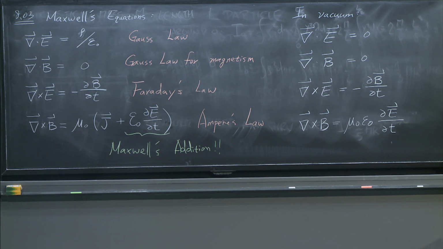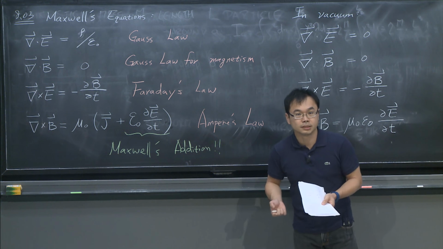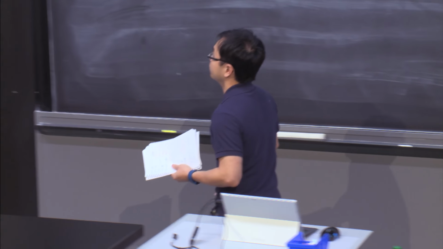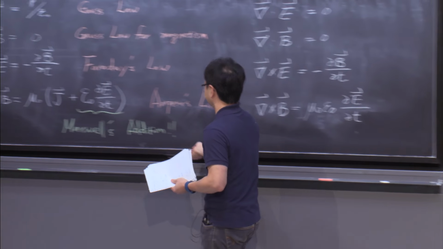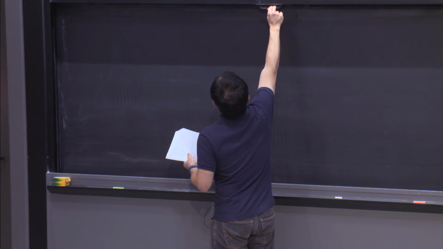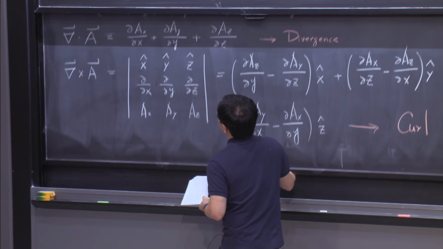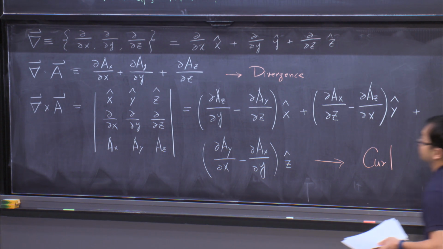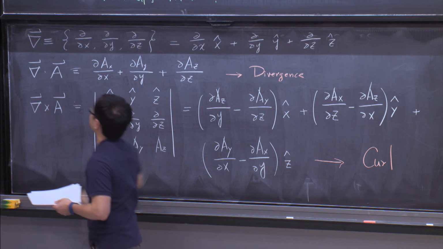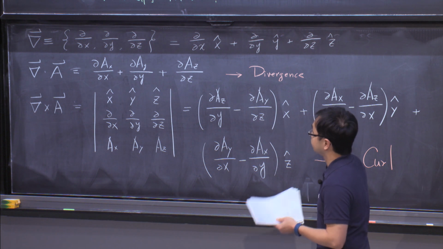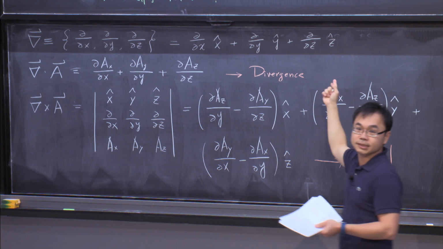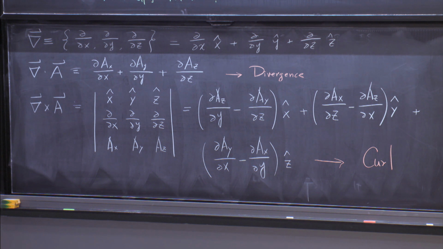Before we go into the discussion of Maxwell's equations and their implications, I would like to remind you about some mathematics which will be used in this lecture. I hope you have seen this in another course or AO2. As you can see, we use del here, which is a vector. This vector is defined as partial x, partial y, and partial z in the x, y, and z directions. This is some kind of operator,